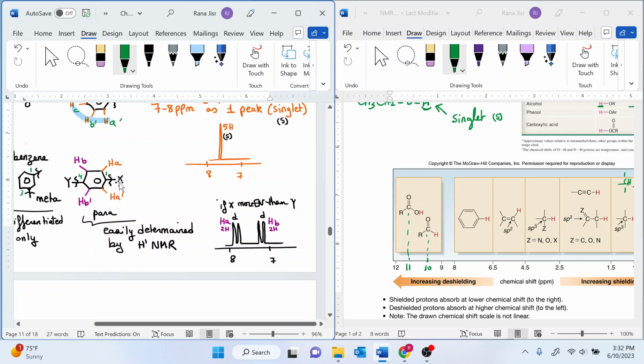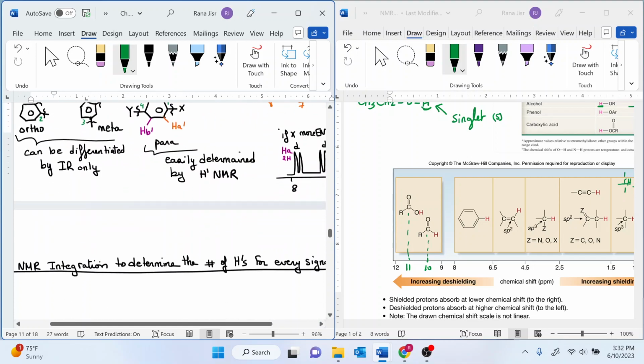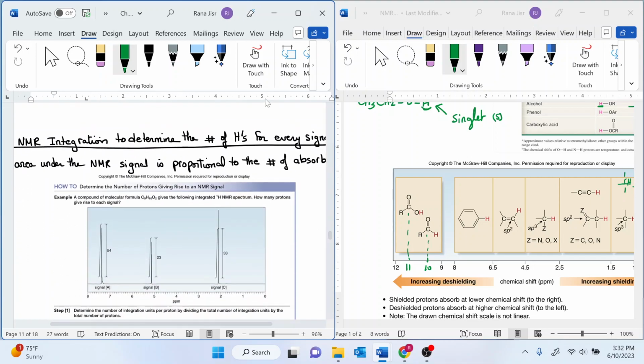Now, whatever doublet goes further downfield is the one that is connected or closer to the more electronegative element. So let's say, for example, if X is way more electronegative than Y, then hydrogen A, or proton A, will be further downfield in there. So again, doublet of doublets here is specifically for para-substituted benzene,